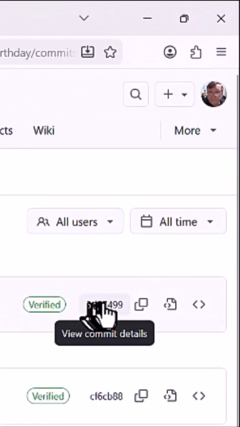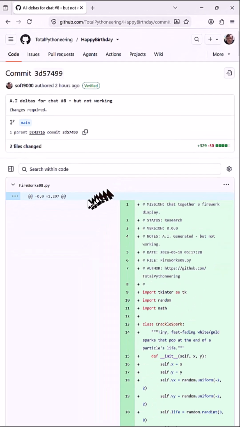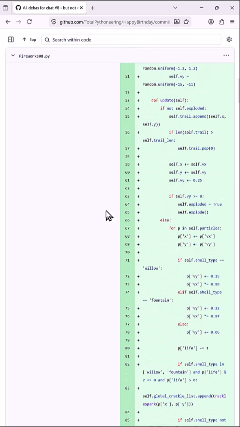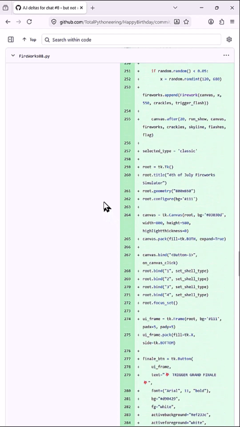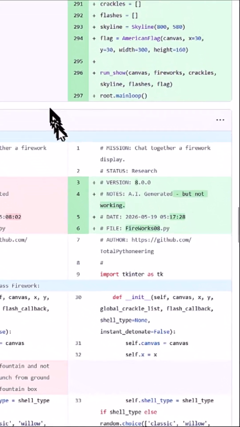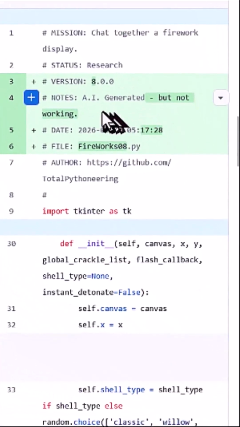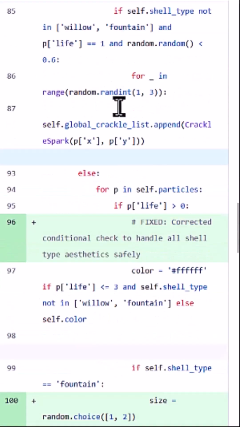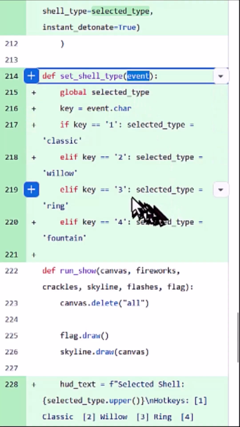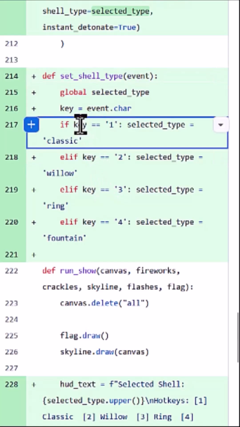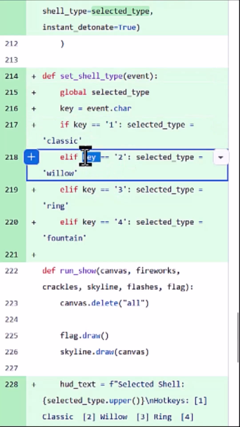We can take a look at 3D, whatever that is, ending in a 99er, to see our usual change, having checked in the file. But note that this version 8 is indeed not working, and we can find out why simply by taking a look at the get shell type function, which takes, of course, our wonderful TK event to see that when we have a key equal to 1 or 2 or 3,